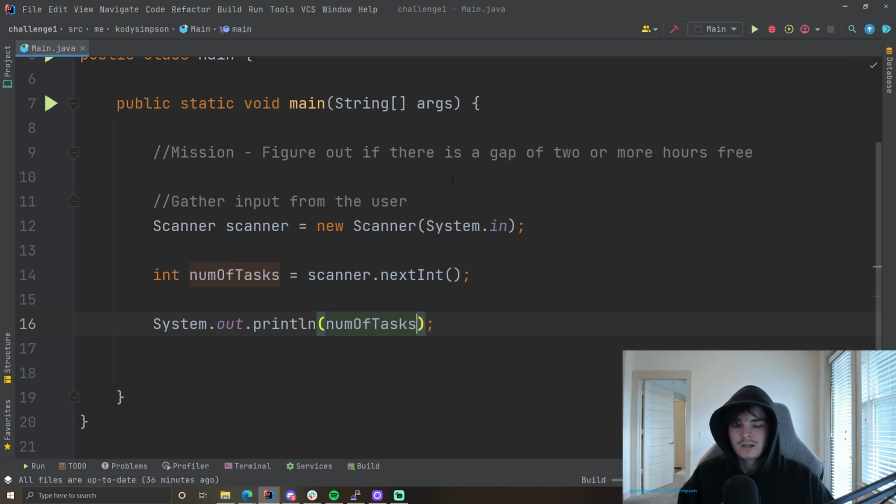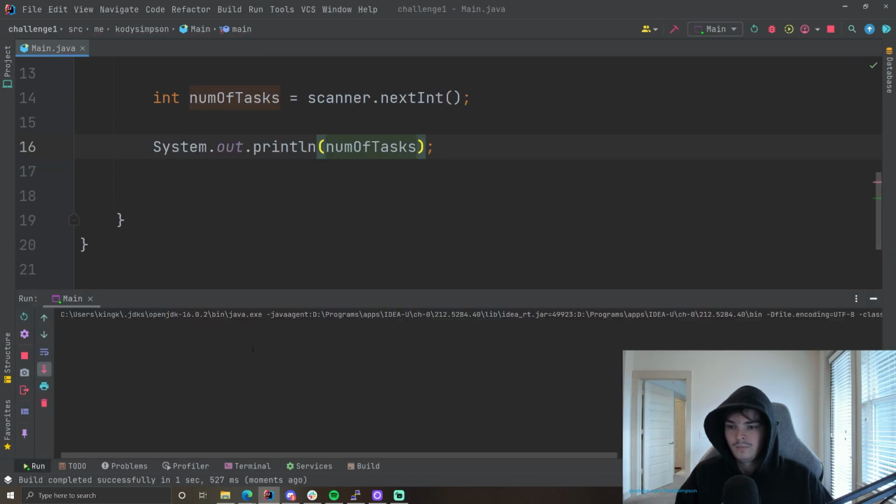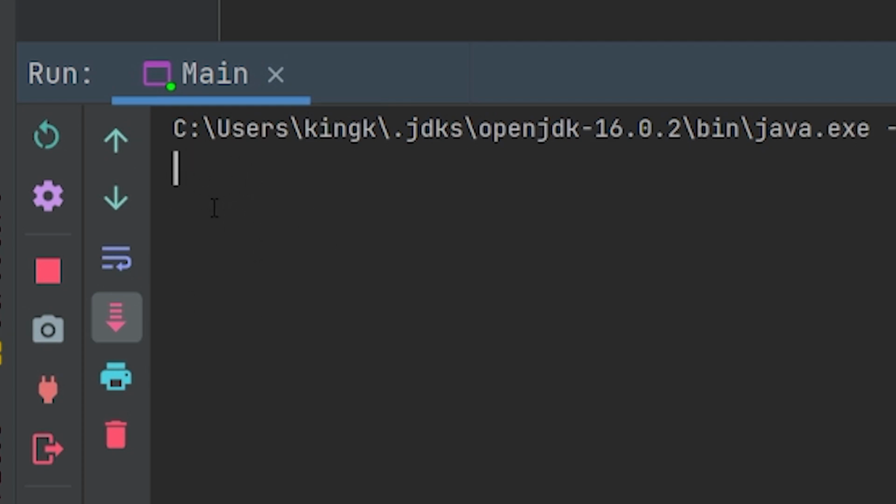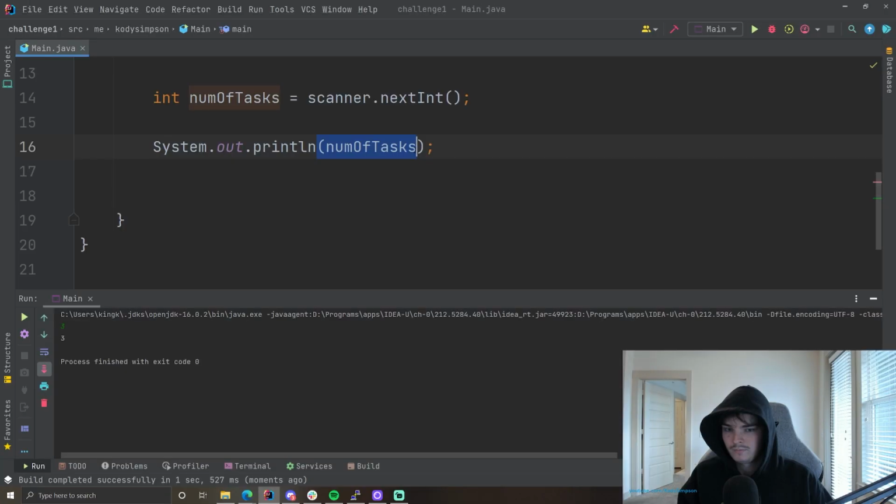Okay, so we're going to run this now. And so now it's empty, but you can see that you can click here and type stuff. So we're going to put an integer of 3. And now it just prints out 3 because we told it to print out 3. So simple enough, right? So because there's 3 tasks, that means we have to loop for the amount of tasks